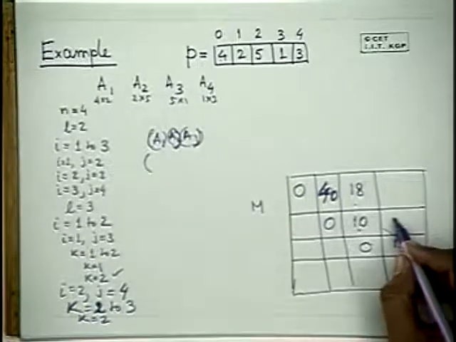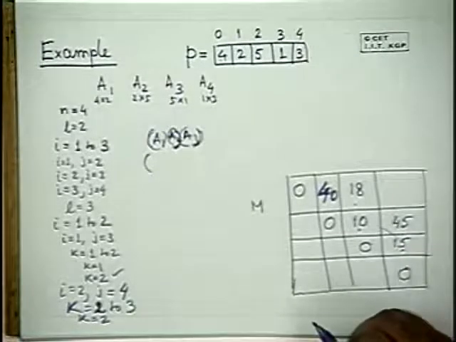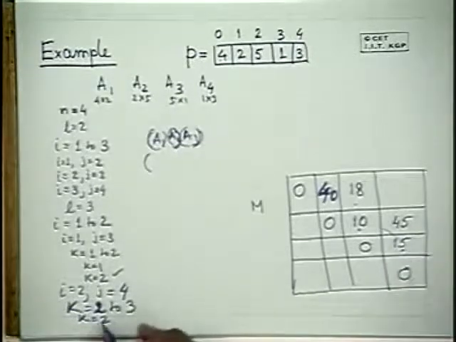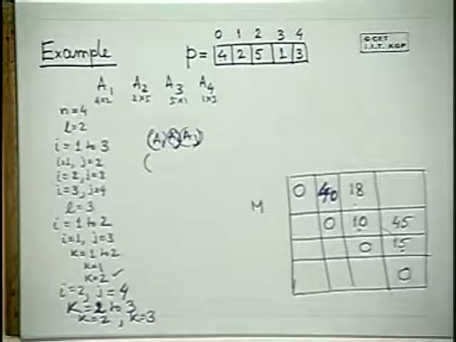So I should get Mij. Mij is M24. So this one is 45. So it is updated because this is the first time it is getting updated. The infinity will be replaced. So that's fine. Now let us look at k is equal to 3. When k is equal to 3, Mik is what? M23. M23 is what? 10. And M33 is already 0. So 10 plus this thing is what?